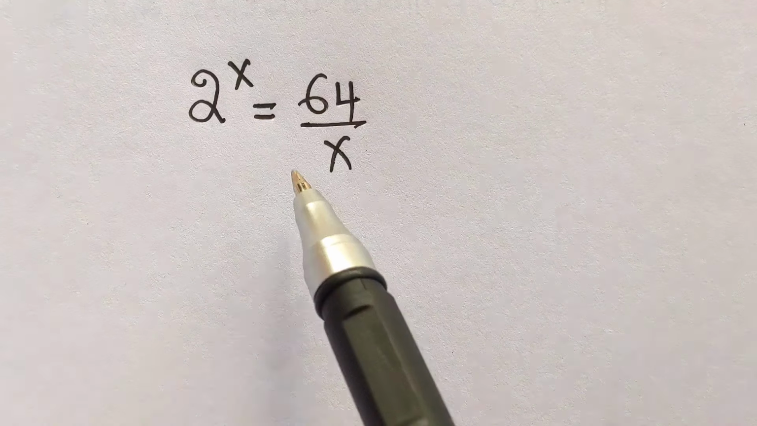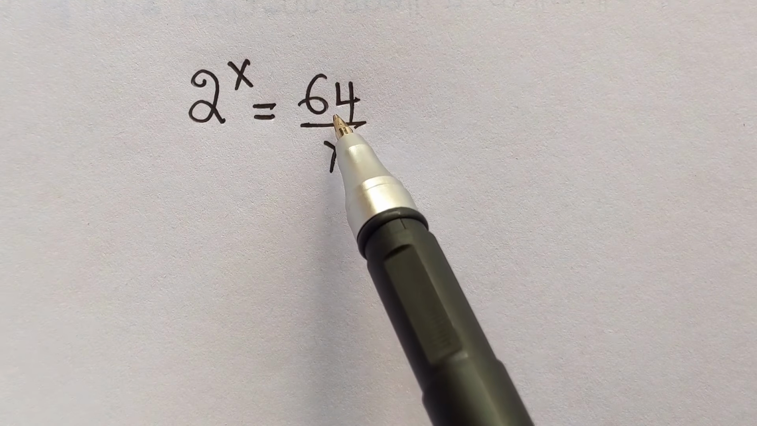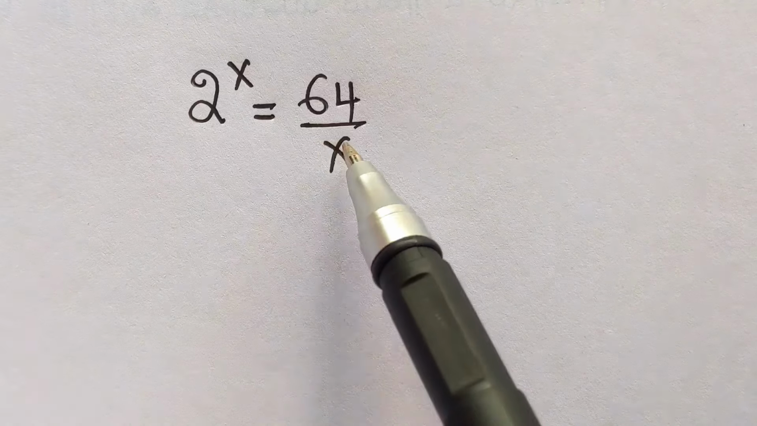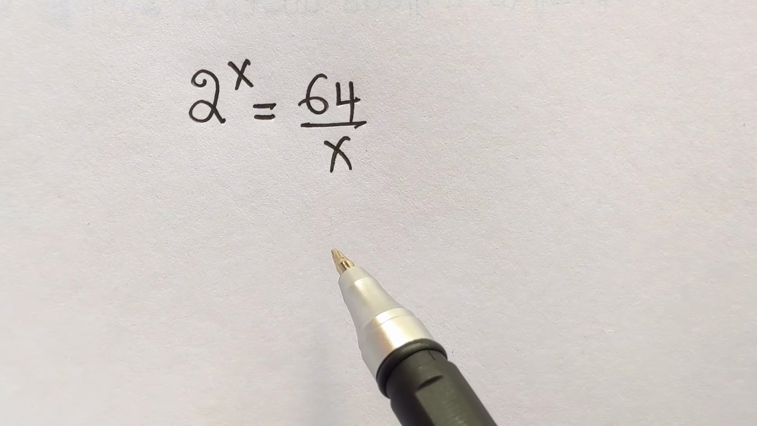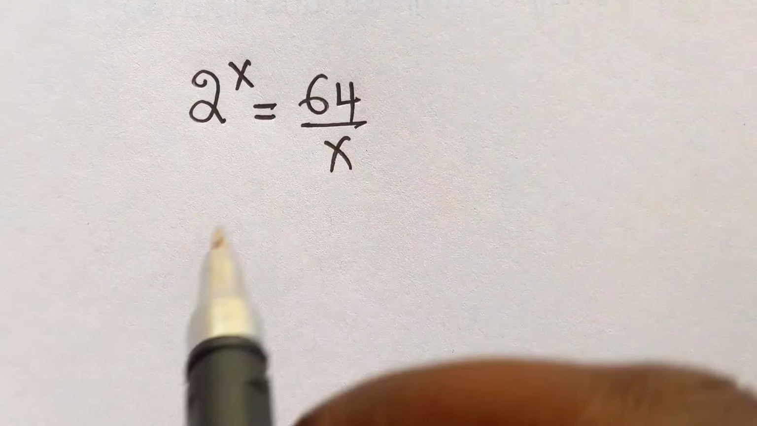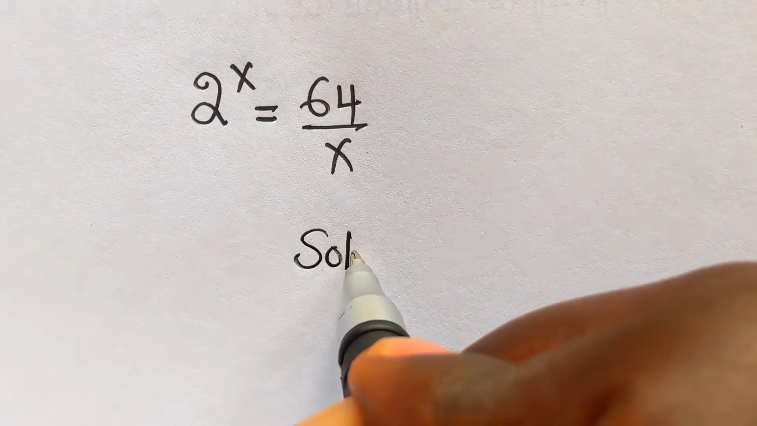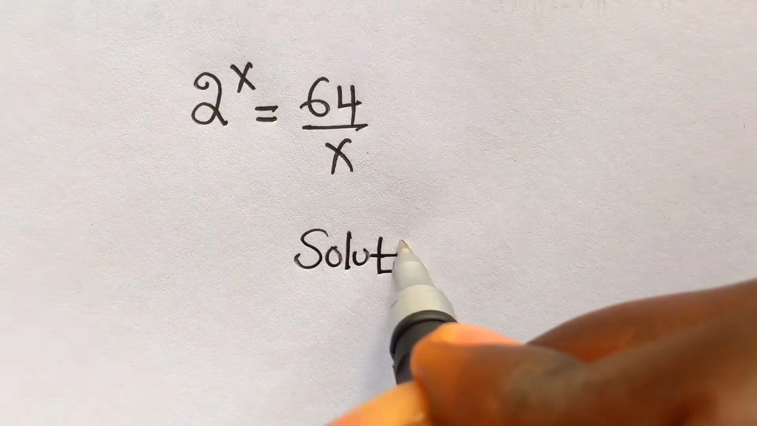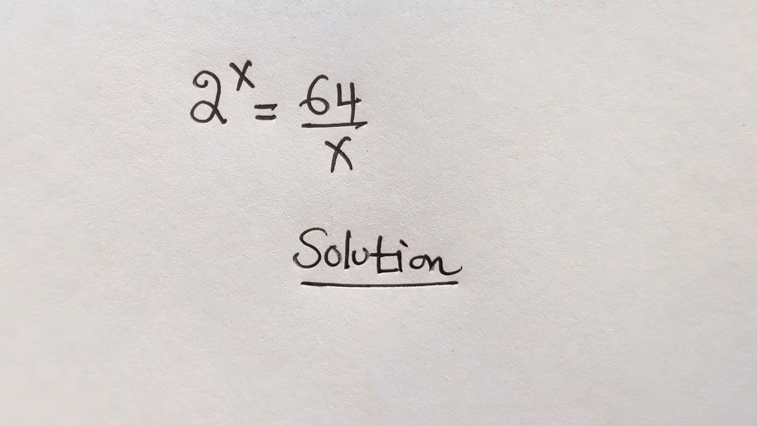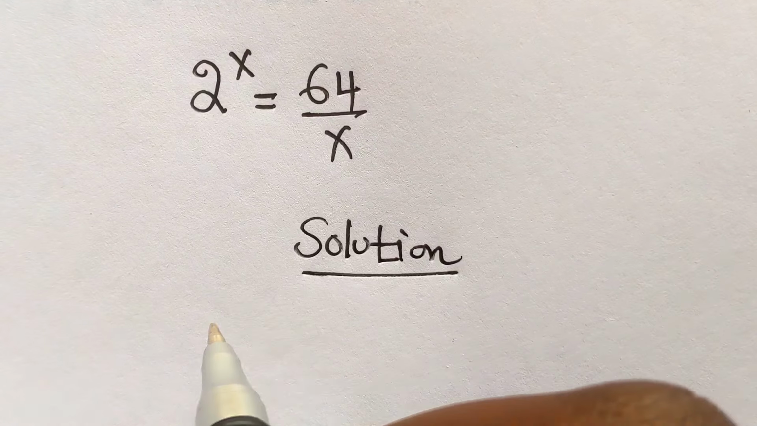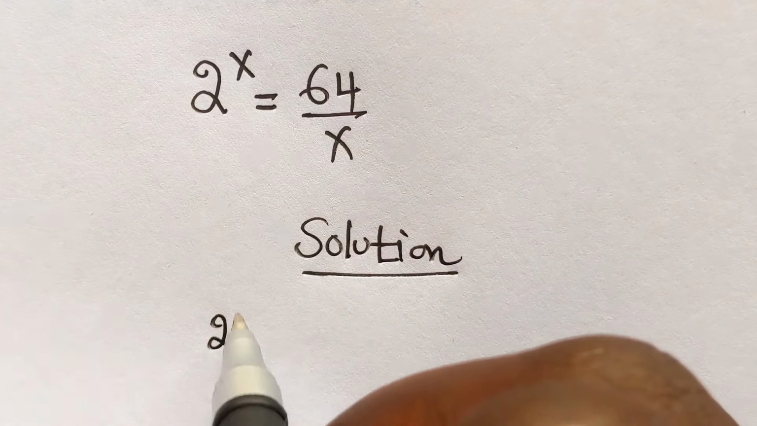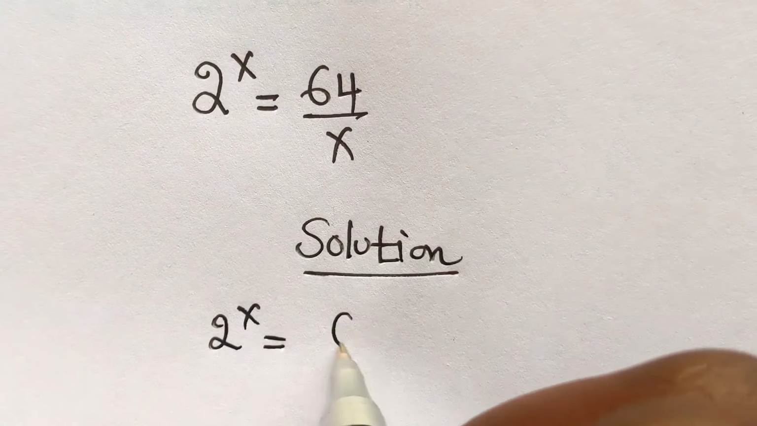In today's video we have this Olympiad math problem where 2 to the power x is equal to 64 divided by x. Can you solve this one? Let's provide the solution very quickly, and of course here you have to copy what you have: 2^x equals